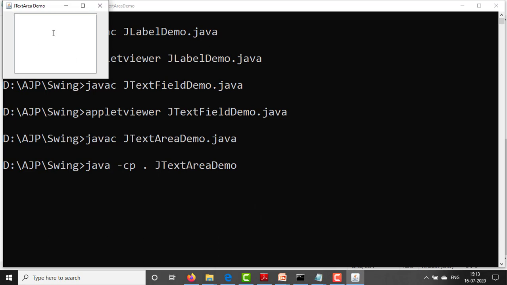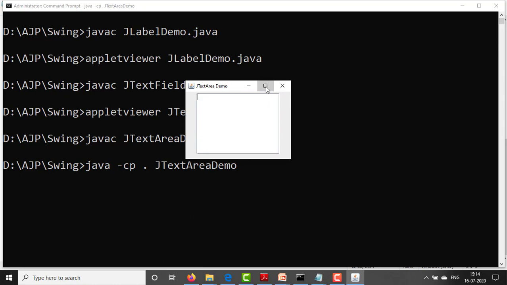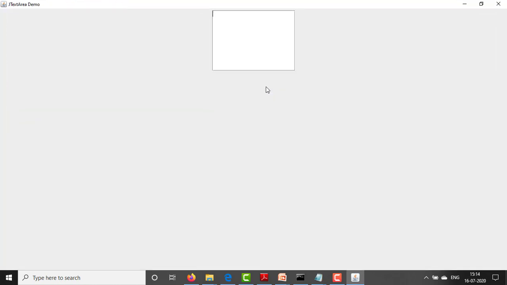See, here it is the output of the text area. This way you can create the text area control and type here, hi. Like this you can create a JTextArea example.